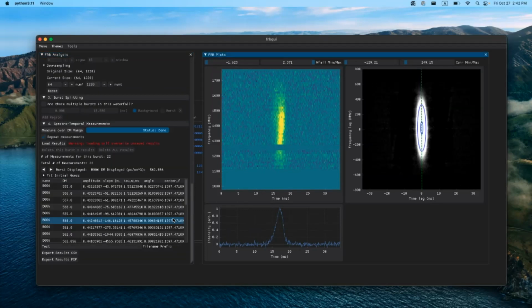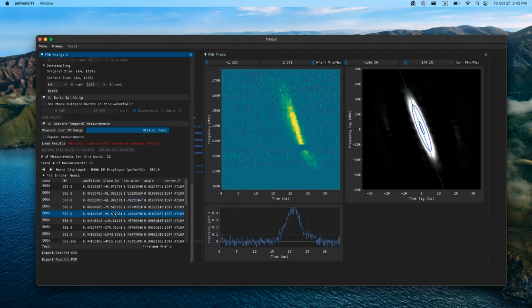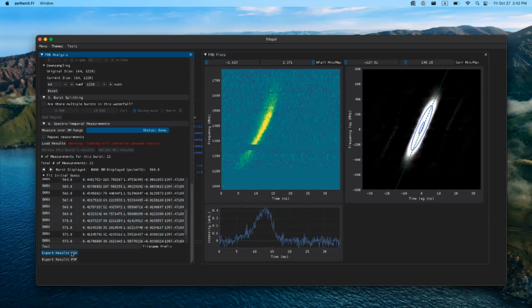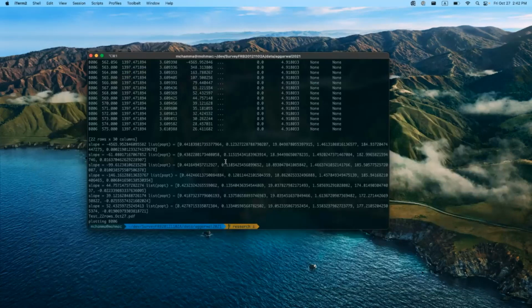The ellipse is looking well fit to the autocorrelation. I can click through the measurements in this table. I can see the slopes, the duration. They're all looking pretty good. So I'm going to export a spreadsheet and a PDF of these results so I can use them in other programs. And that's going to give me